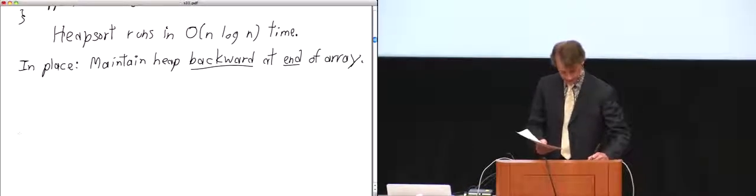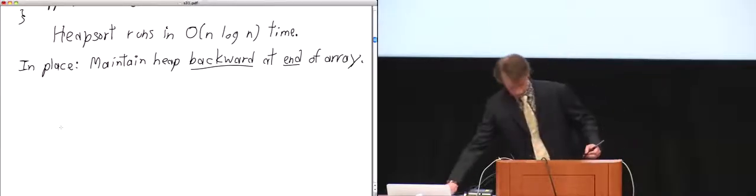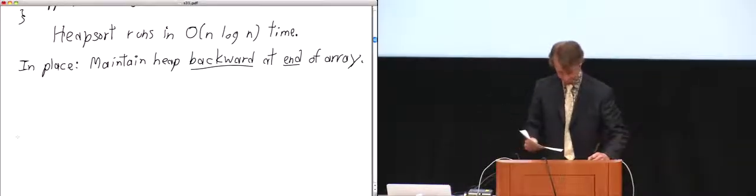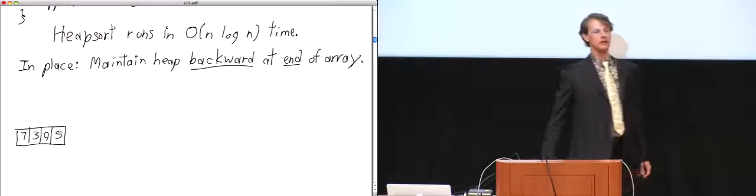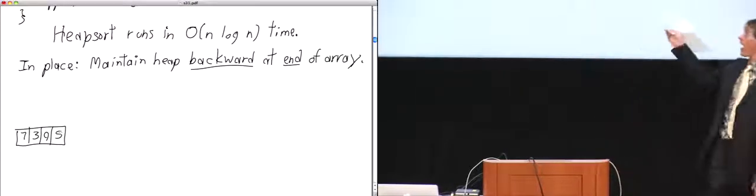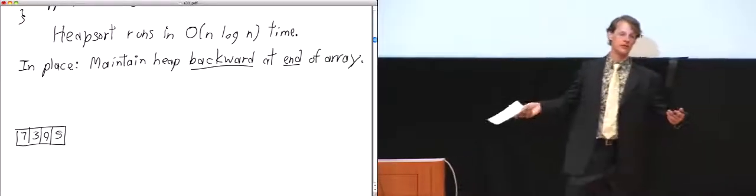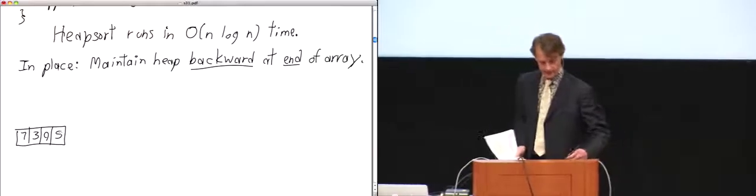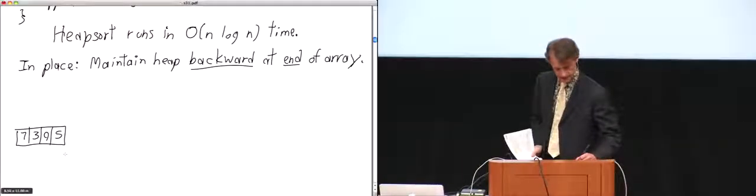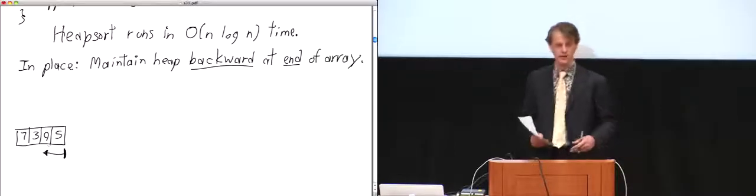So let's look at that array we were sorting again. 7, 3, 9, 5. All right, the first thing I'm going to do is interpret this as a heap, or interpret it in terms of level numbering. And again, I am maintaining the heap backward at the end of the array, which means I start from the right and I read towards the left.